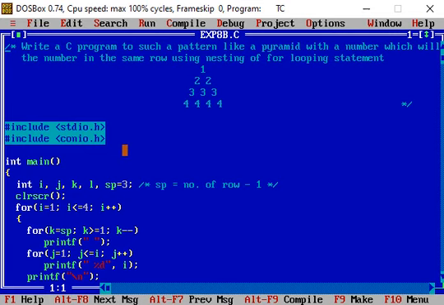So as usual, first we include the standard input output .h and conio.h header files, using the preprocessor directive #include. Then the first statement of the main function declares i, j, k, l, sp integer variables, and simultaneously sp is initialized to the value of 3.